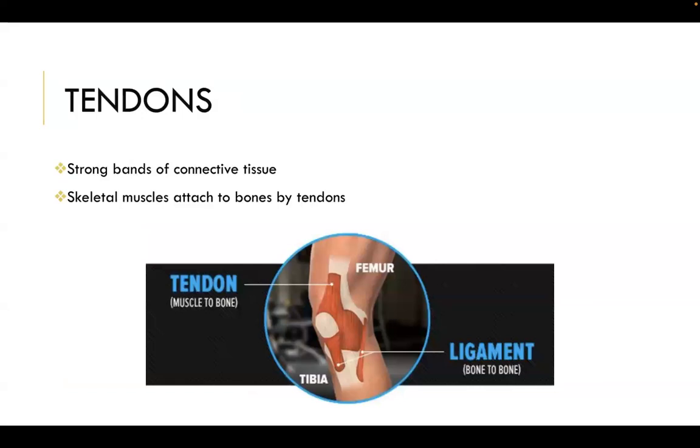So remember, tendons, the strong bands of connective tissue, attach skeletal muscles to bones. So bone to bone, ligament; muscle to bone, tendons. A good way to remember this is